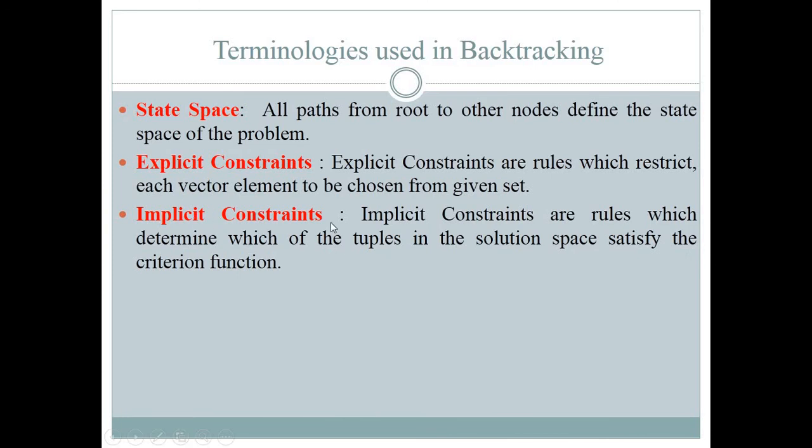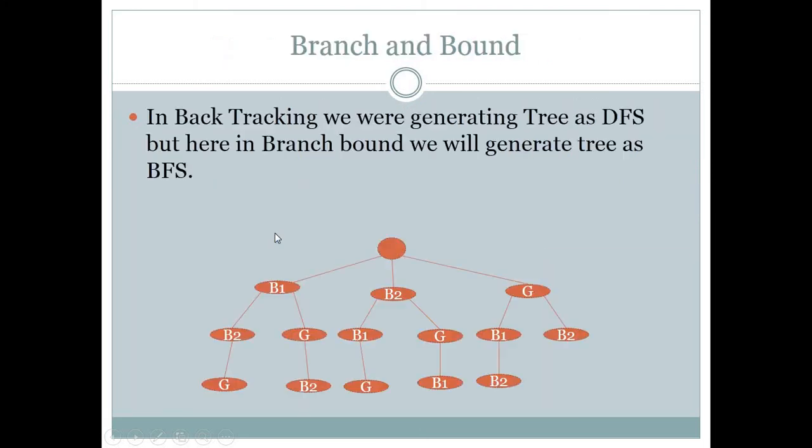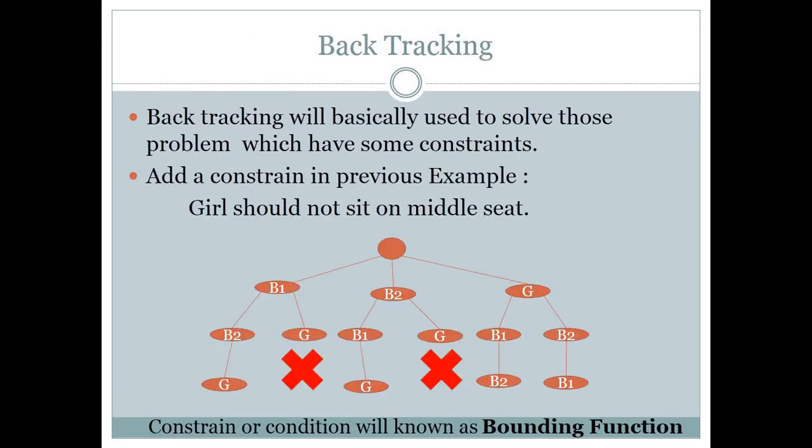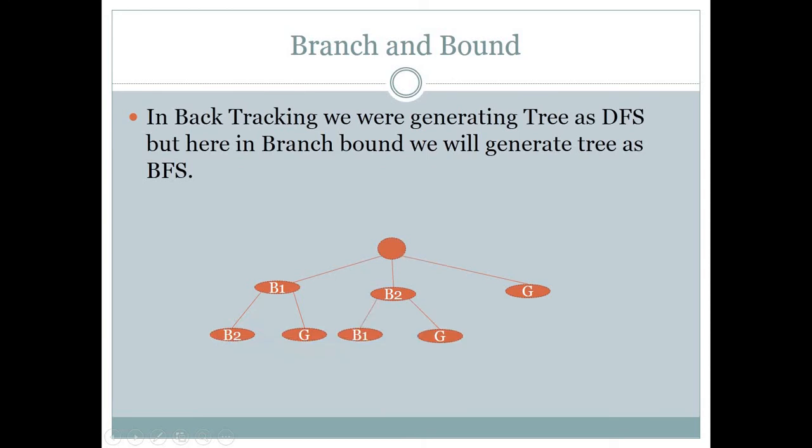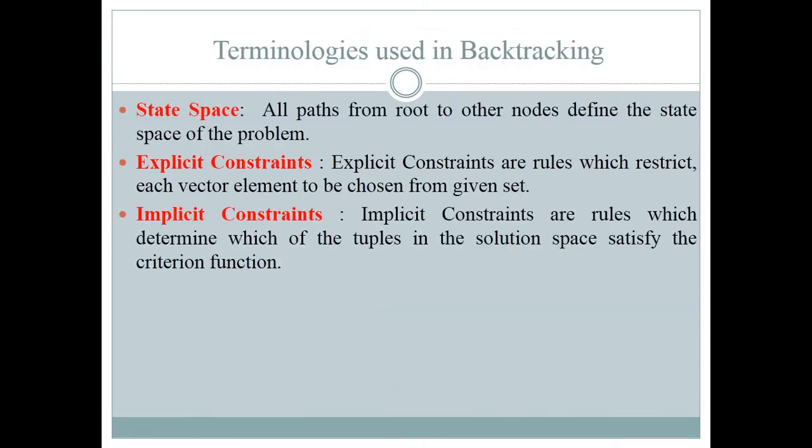Implicit constraints: those results which are chosen as per the rule determined will be known as our implicit constraint. Meaning in this example, these two are discarded, so the other tuples can become our implicit constraints. As you know, we have already discussed implicit and explicit constraints in our DBMS subject.